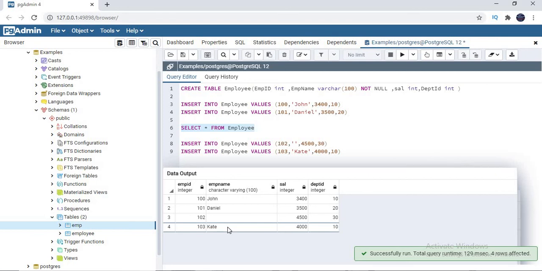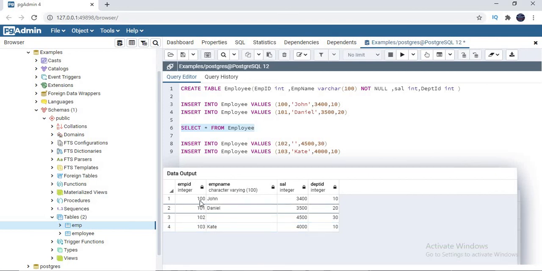The main point here is that out of these 4 records, one record does not have a name, so how do we identify and handle that? We will talk about that as well. You can insert blank values, but you cannot insert null because it is a not nullable column. So this is about the not null constraint. I'll talk about the blank values in the upcoming sessions. That's all about it.